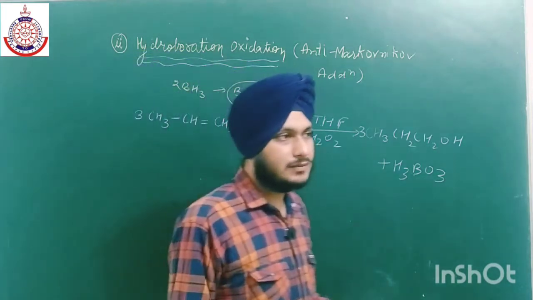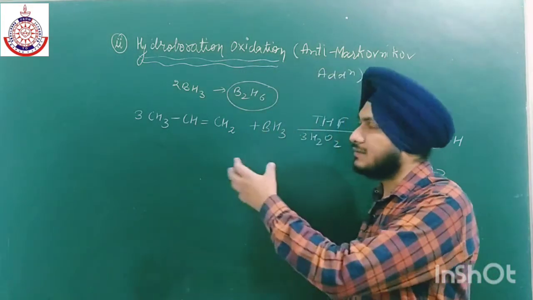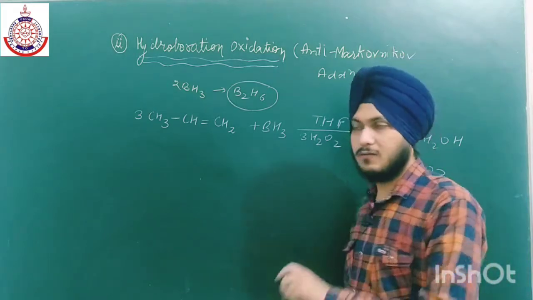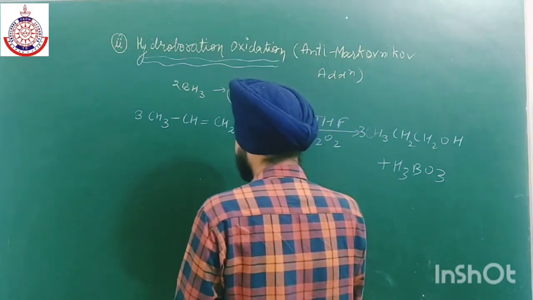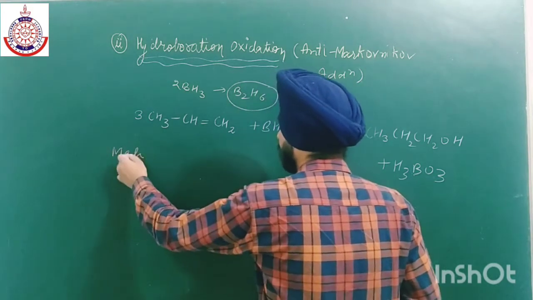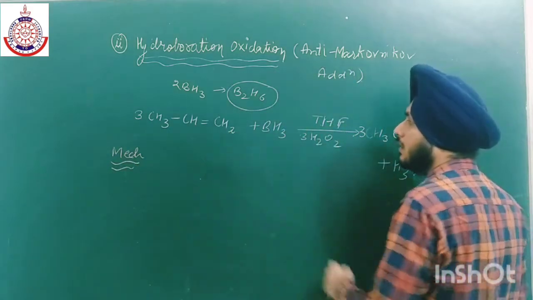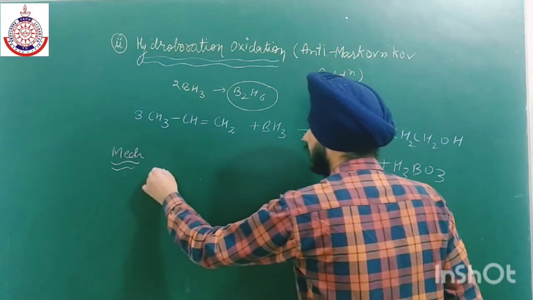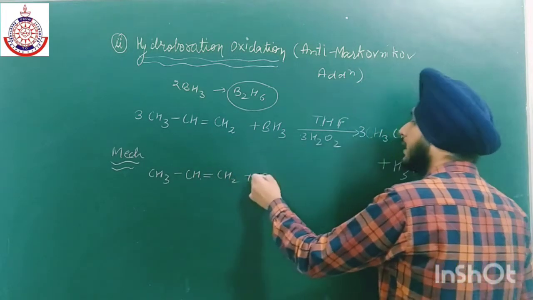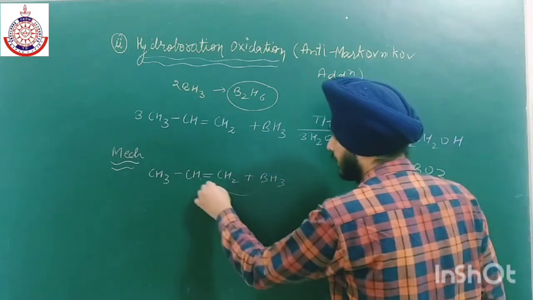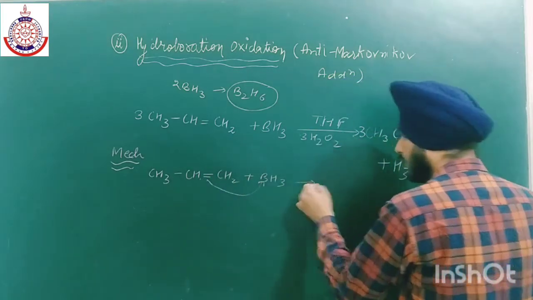And now what is the mechanism of this particular reaction? In the first step, this reaction takes place through a transition state. A 4-membered ring will form. Now the mechanism is: firstly this BH3 will attack over here. We all know that 2 degree carbocations are more stable, that is why it will attack, or we can say that this double bond will attract this electrophile.